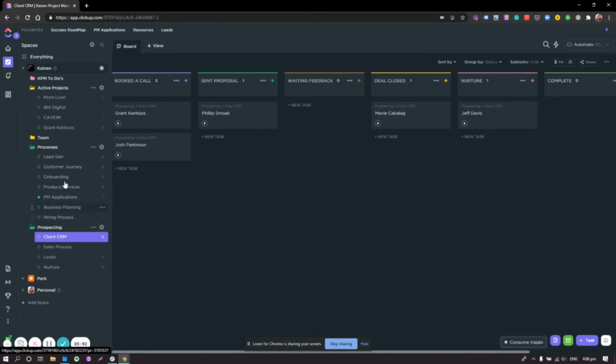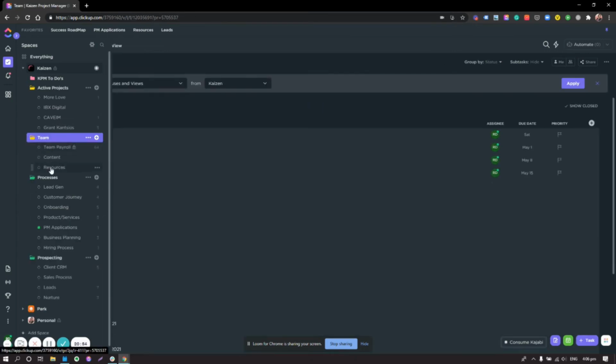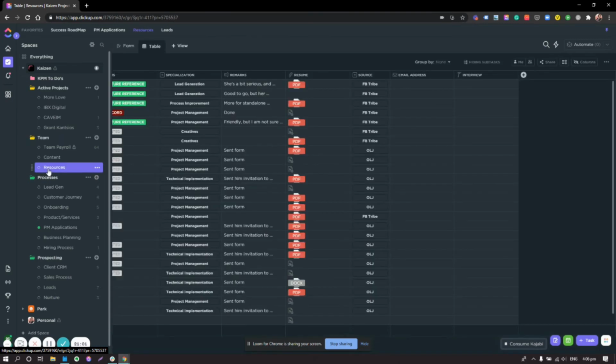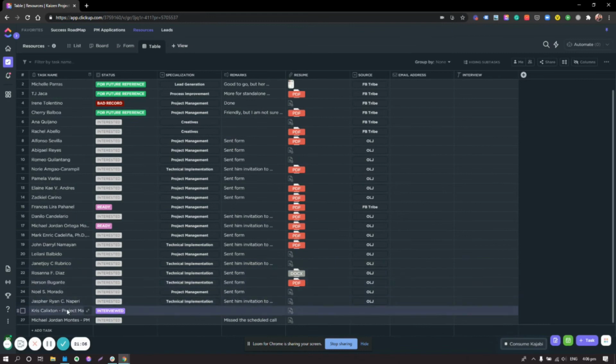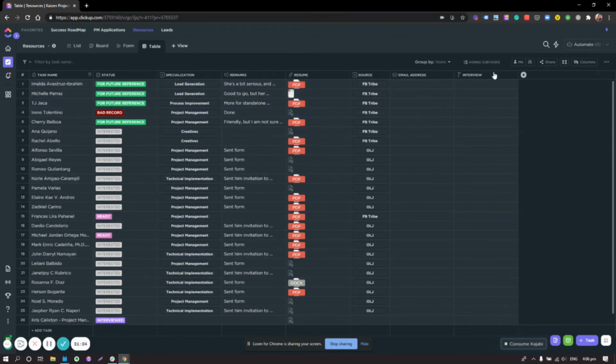Well, I'm actually looking for the resources here. I also have a CRM for the new sources or resources. These are people that I have invited to apply for my posting. As you can see, we have their names, their statuses, their specialization, or remarks about them. And you can also attach a copy of their resume, a source where I got them, their email address, and then